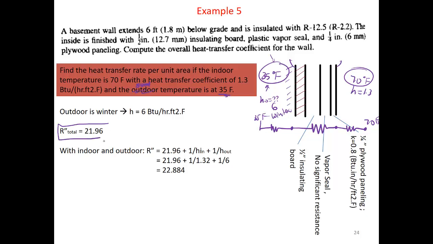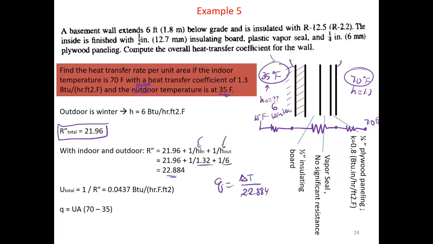With the indoor and outdoor, we're going to add 1 over H, 1 over H, the thermal conductivity for convection. We'll get a new resistance with the indoor and outdoor air. And then we can find U total, or you can directly use the equation, which is Q equals delta T over